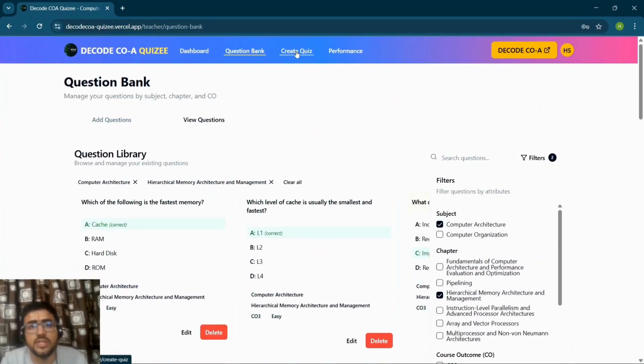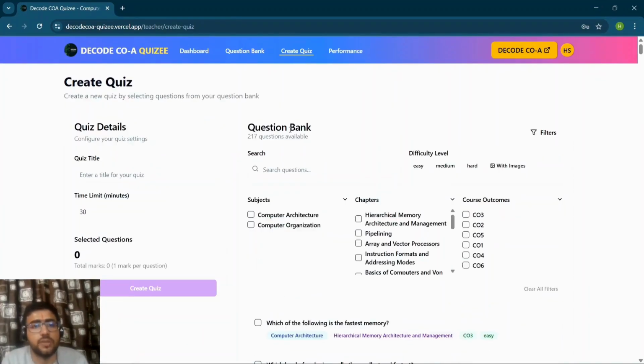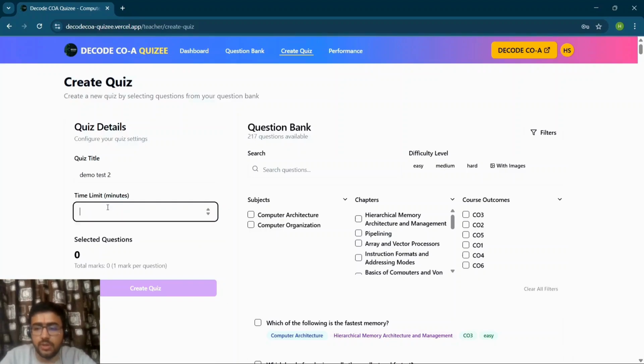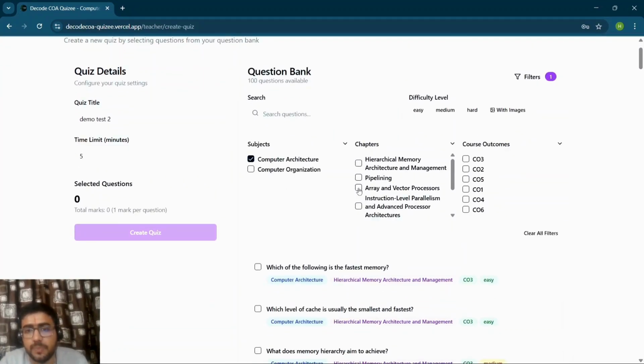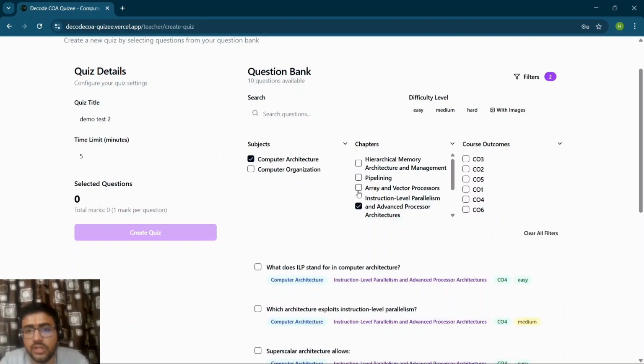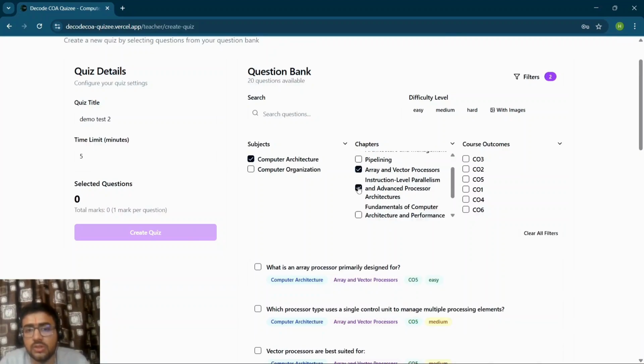Another feature is that the teacher can create a quiz. So let me create a sample quiz and show. Let us give the title of the quiz as demo test 2 and set the time limit to 5 minutes. Then the teacher can select the subject and the chapter from which the teacher wants to give the questions,